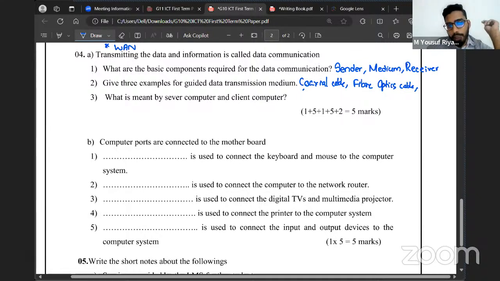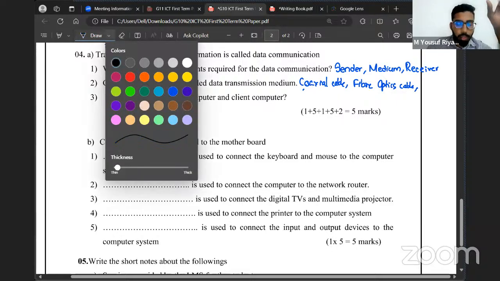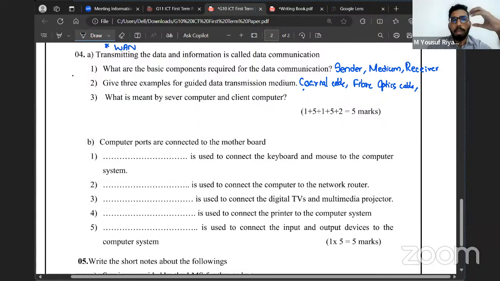Next, what is meant by server computer and client computer? Normally, when you're having a data communication, let's say between two computers, there will be one computer who is going to request for data and one computer who is going to respond to the data. Okay. If you take server computer, is server computer going to request for data? Sorry, wait, let me start with client computer. If you take client computer,